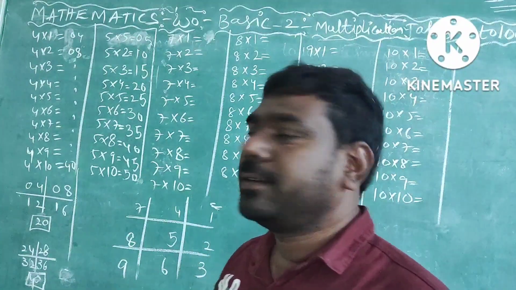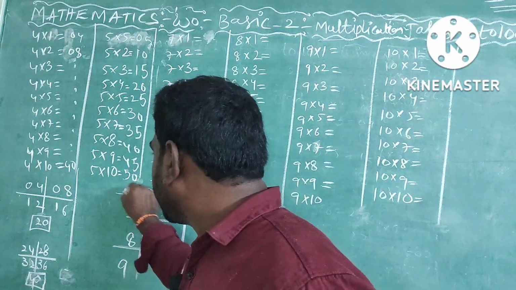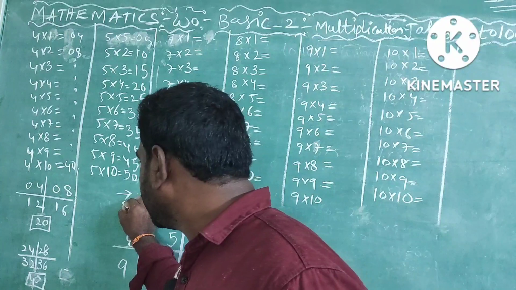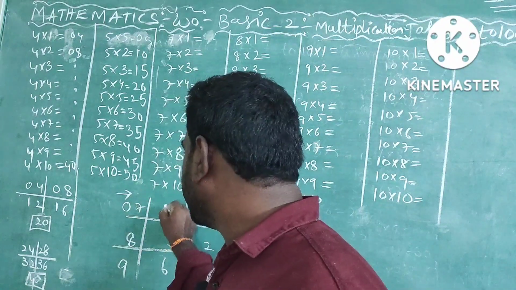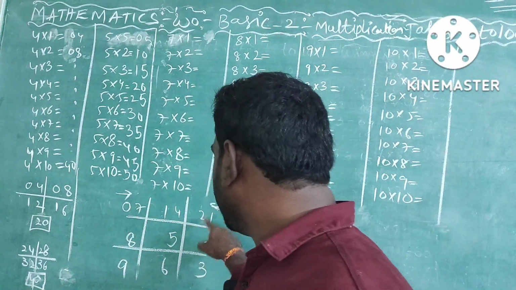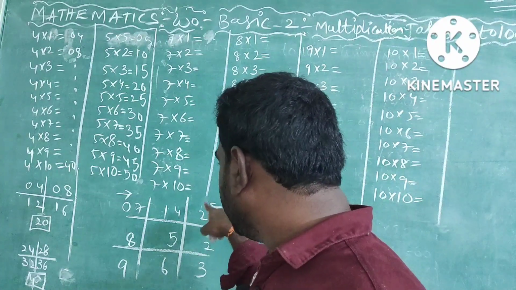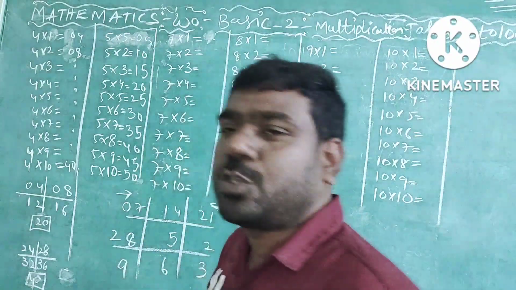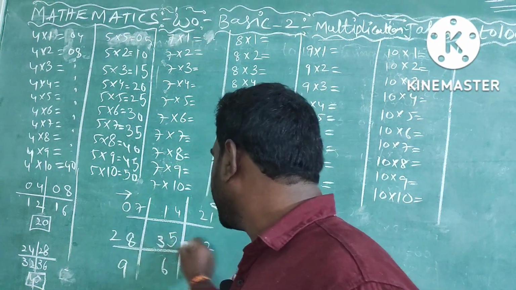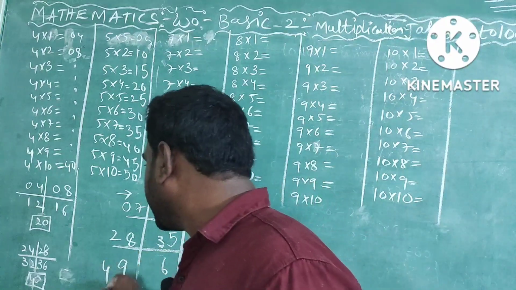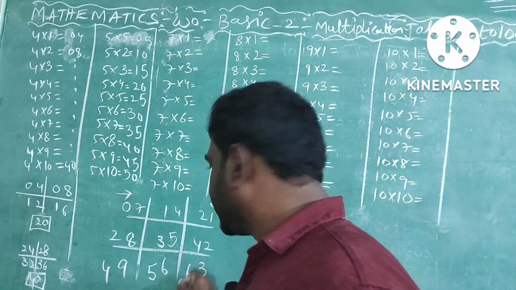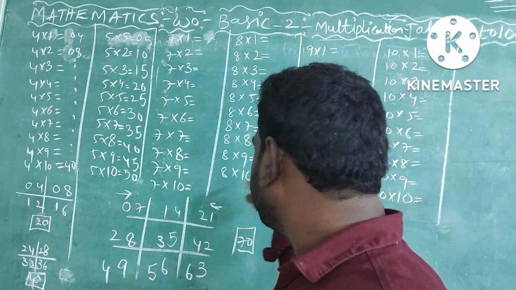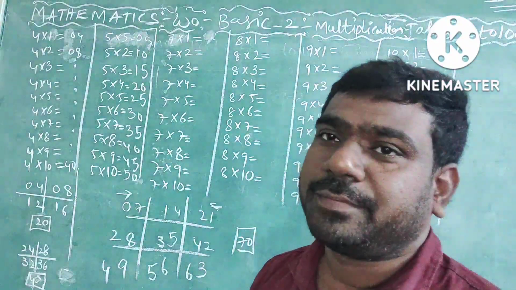Next, the second step. Very simple. The numbers start with 0, next number is 1, next number is 2. Here there are no more numbers at the end. Whatever ending number is here, the digit you have to take again in the next row. That is 2. Next after 2 comes 3, 4 ending here. Take this digit here: 4, 5, 6. The last one is 70 as it is. 7 into 10 is 70. Yes or no?